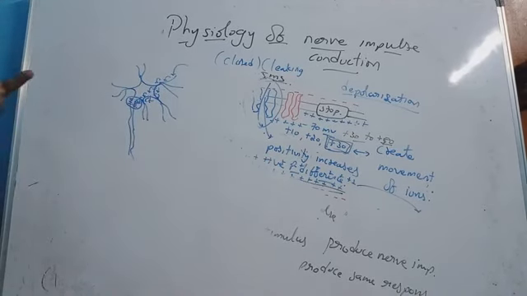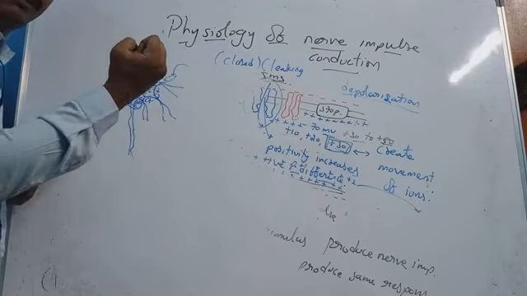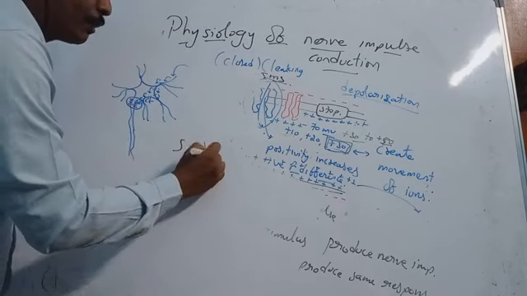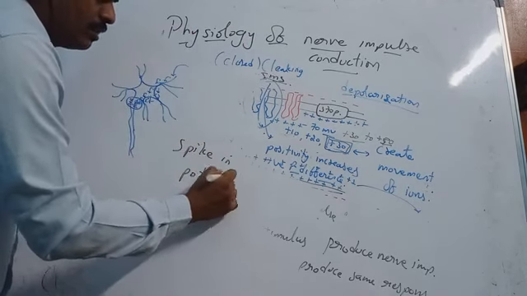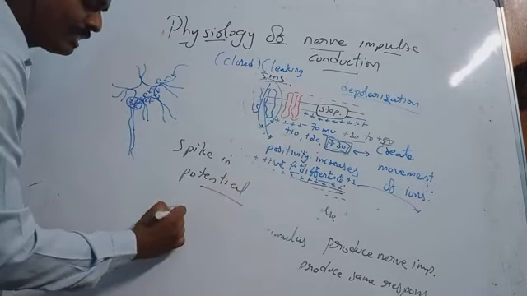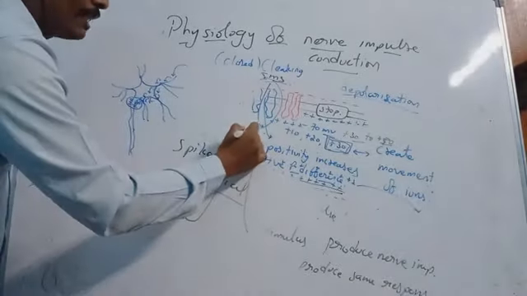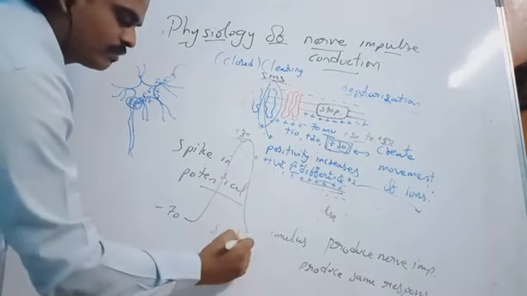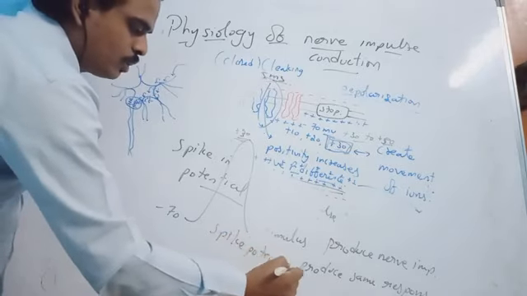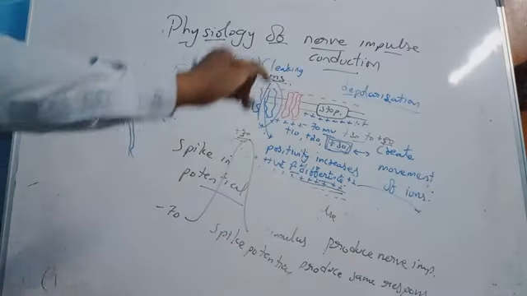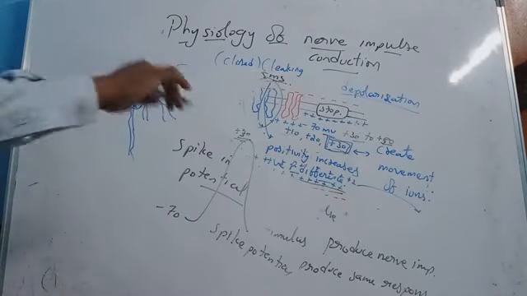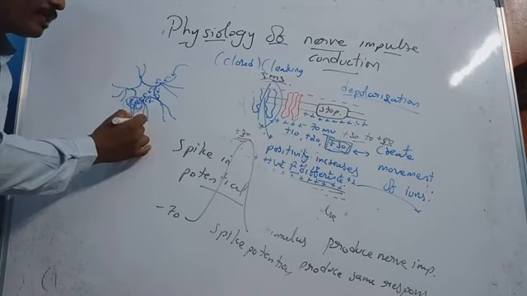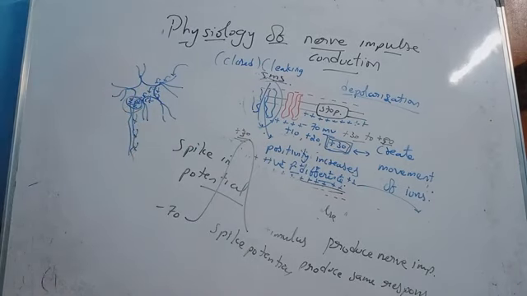That is the place where we have more ion channels, and that is where there will be the burst. There will be the opening of the sodium channels, and we can see a spike in the potential difference. What is the spike? From minus 70 to plus 30. That is the spike. That's why the action potential is also called the spike potential. Here we can't see spikes. We can see a small graph going up and down if you use a voltmeter. But where you can see a spike is in this region. From there the nerve impulse will pass on. We'll discuss the conduction part in the coming class.